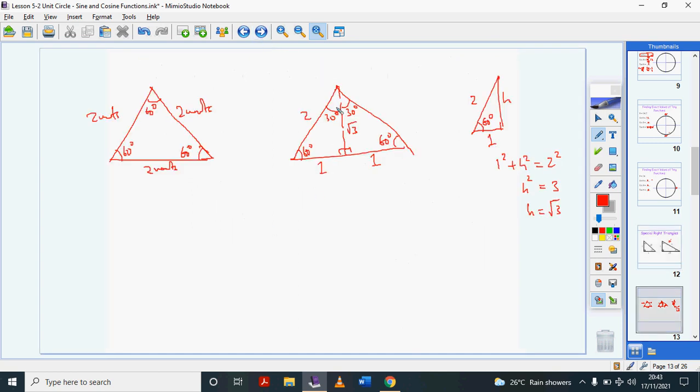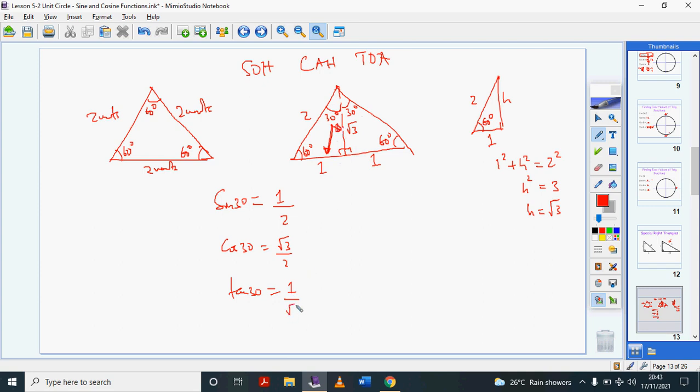So from these triangles, I can find all the trigonometric ratios. I can find the sine of 30 using SOHCAHTOA, because remember SOHCAHTOA is opposite over hypotenuse, adjacent over hypotenuse, and opposite over adjacent. So the sine of 30 will be the opposite, which is 1, divided by the hypotenuse, which is 2. The cosine of 30 will be the adjacent of 30, which is √3, divided by the hypotenuse, which is 2,